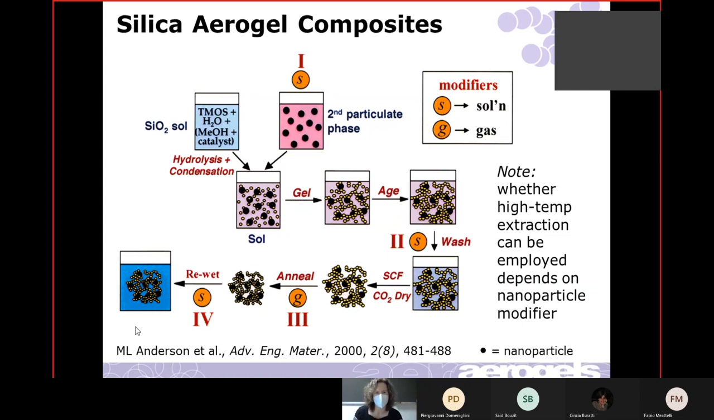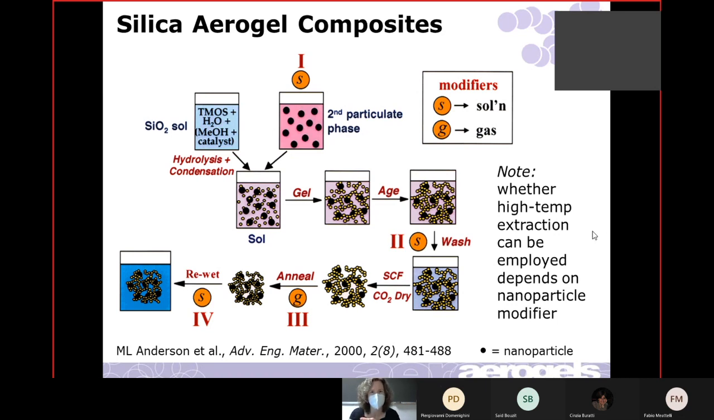Now, I should note something. Whether you could use a different extraction process for this, freeze drying or rapid supercritical extraction, is going to depend on the nanoparticle modifier, right? So if what you're trying to put in here, if these particles, for example, were proteins, the chances that you could do high temperature extraction are very small, right? Because the protein would denature and